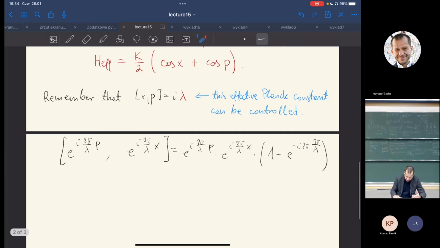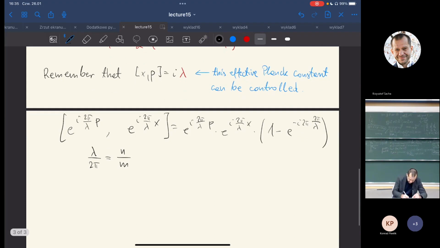More generally, when we choose the effective Planck constant divided by 2 pi to be a rational number, then the operator that translates the particle along the position direction by 2 pi, and the operator that translates the particle over the period 2 pi times n, where n is given here,